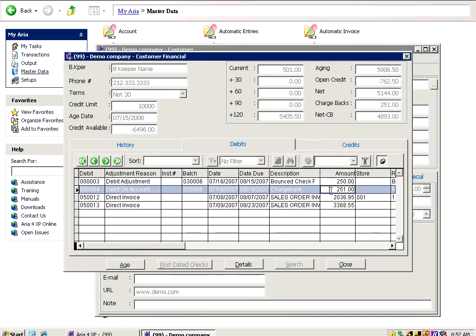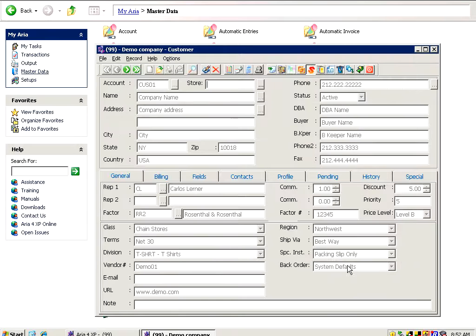If the customer paid later, these two $500 will be keyed off against a check, or they can be keyed off against a return, or against any type of credit transaction that you would like to key it off against. So it's dealt with exactly as if it is an invoice or an open